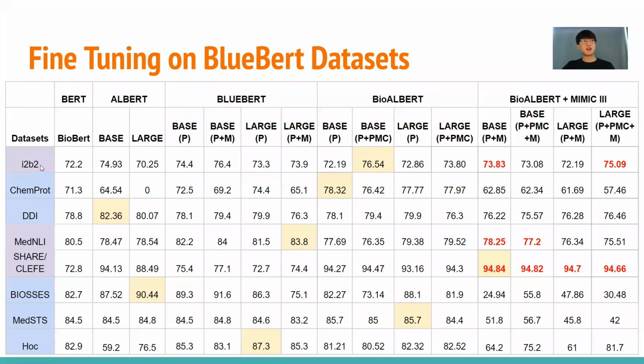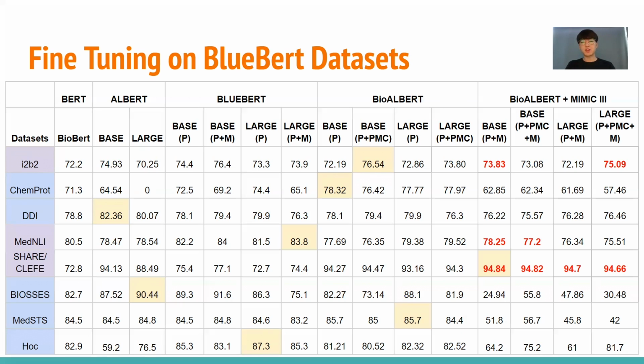Purple datasets are clinical domain datasets. Blue datasets are biomedical domain datasets. From the results, we can see that MIMIC-3 only improved the performance of clinical domain datasets and slightly lowered the performance of biomedical domain datasets. This is because MIMIC-3 is a corpus from the clinical domain.